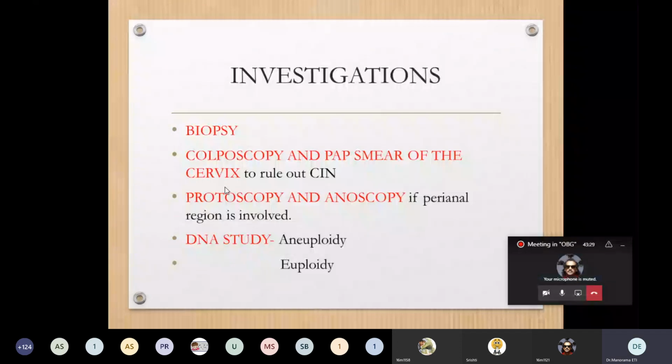I told you VIN is not diagnosed by bare eye examination. Biopsy is a must. When you do a biopsy and subject it to histopathology, I have mentioned all the features: loss of polarity, dystrophic changes, mainly confined to the basement